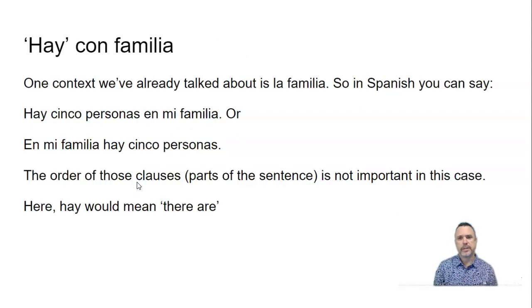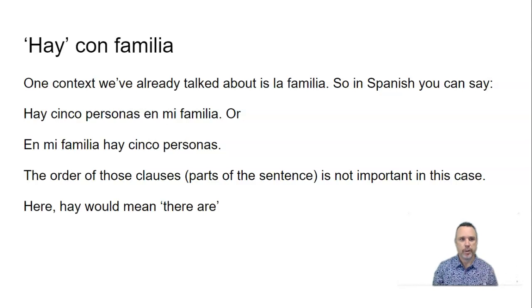So let's look at that in a context that we've seen before. Yeah, con la familia. So we've talked about the family before. Right? So in Spanish, you can say, in our second sentence here, hay 5 personas en mi familia. Or the same thing, exactly the same meaning in this line here. En mi familia hay 5 personas. Okay, so the order of those parts of the sentence, those clauses, it's not important. You can say either bit first,